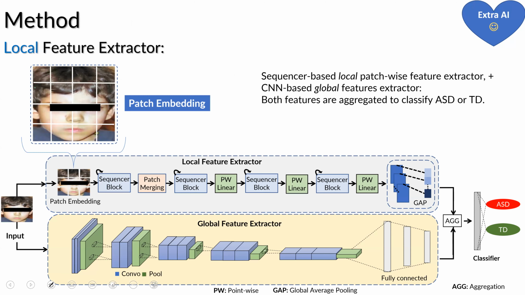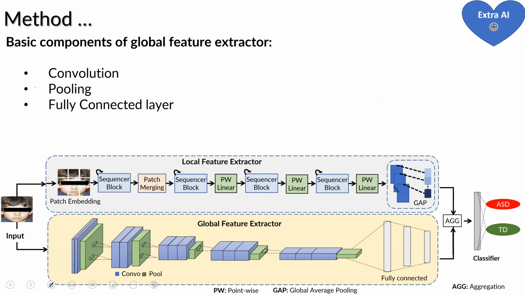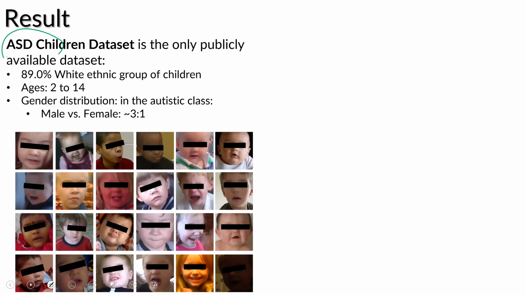But the main point is that when we have facial images of autistic children versus non-autistic children, can we understand just by looking at the face? Somebody can say, oh, impossible, because how can you judge from only one face or a few images that a child is autistic or not? I say, oh, yes. It is just like a very early stage screening. Consider that during COVID-19, when we went to the airport, they first checked the body temperature. Or in a shopping center or in a hospital, if the temperature is higher, then we are not allowed. We need to check whether we have some kind of COVID or not.